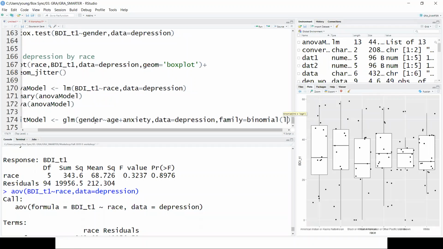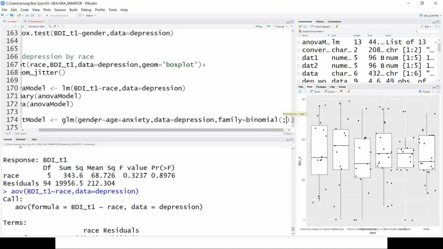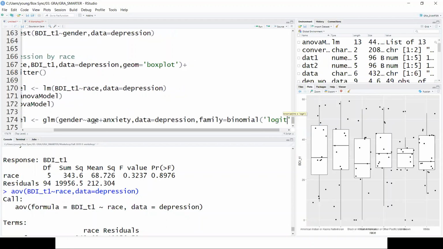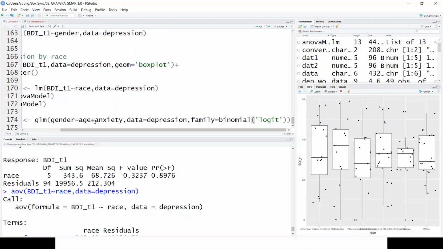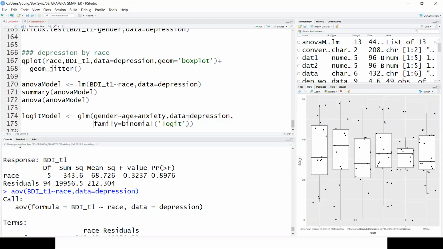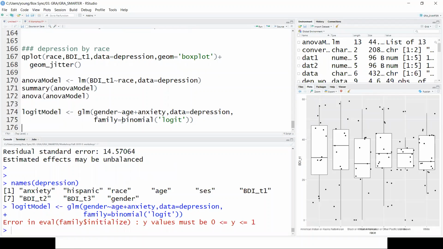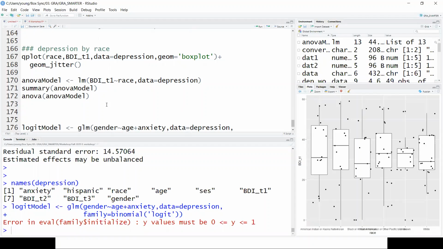If you really want to be very specific, binomial logit, but that's not really necessary. Let me put a new line here. Oh, no, we didn't like that. Okay. Oh, because this is a factor variable. So let's create a new variable.